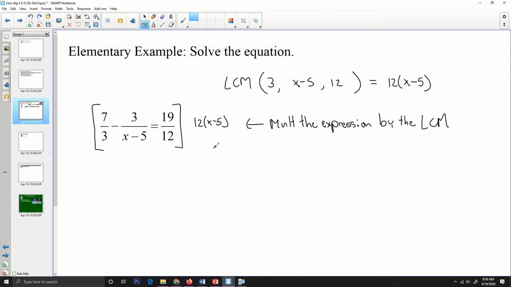Now what's going to happen is, since we're multiplying by the LCM, every time you multiply by one of these fractions, this LCM is going to cancel out the entire denominator. Now there'll be stuff left over, don't get me wrong, but we'll have no more fractions left. So when I go 19 times 12 times x minus 5,